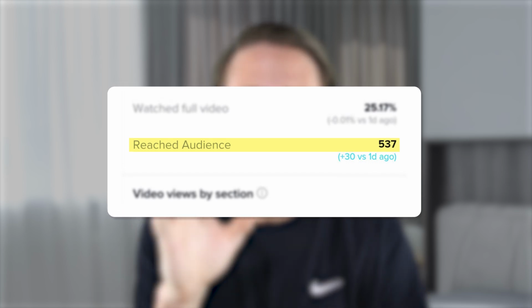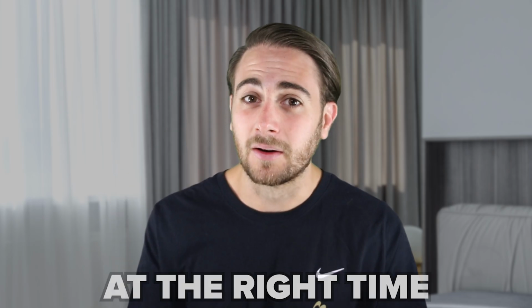And that third feature you need to make sure that you're using is the duet feature. Duets haven't really done well in like the last year on TikTok, but now they're starting to perform great again, so long as you're posting at the right time. And if you don't know what time to post on TikTok, watch this video right here, because it's literally going to tell you the best time to post for 2024, and you need to make sure that you're posting at these times if you want to skyrocket your reach.